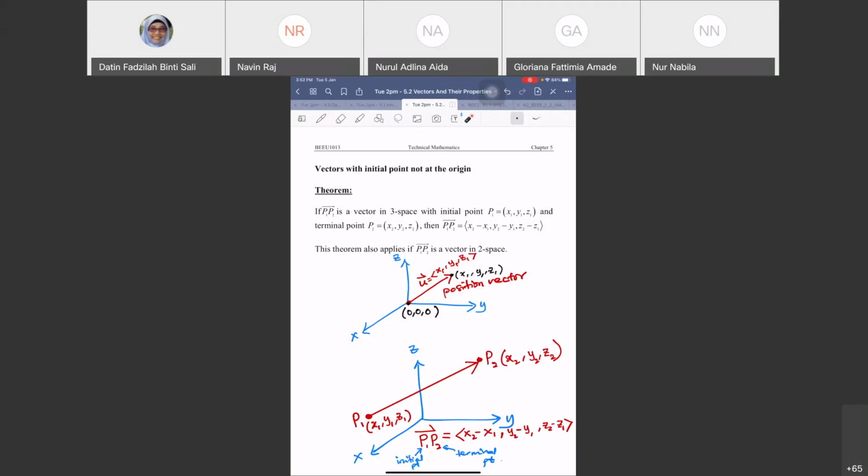So if I denote the initial as P1 and the terminal as P2, my vector u here is the same as